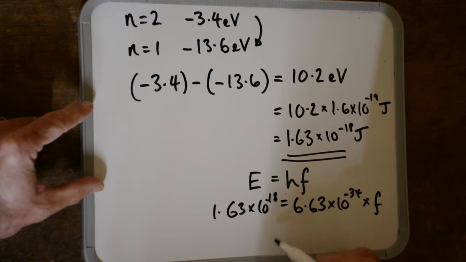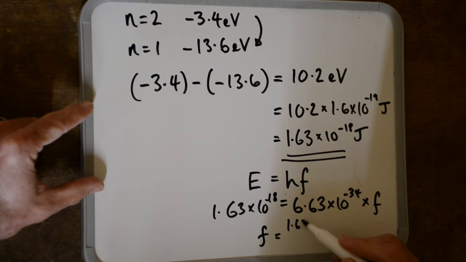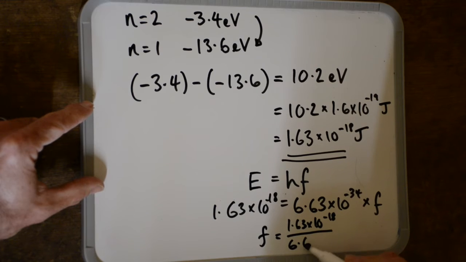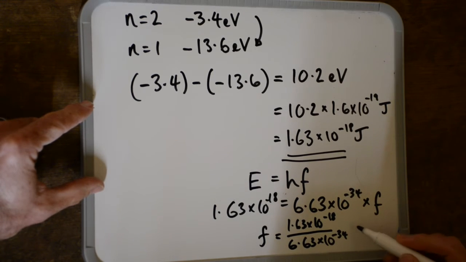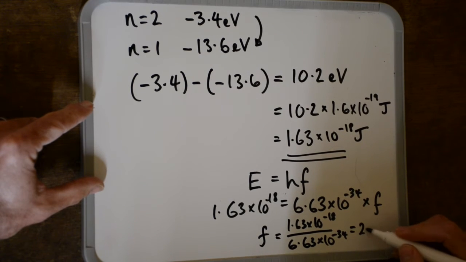Rearranging that, we get that f is 1.63 times 10 to the negative 18 divided by 6.63 times 10 to the negative 34, which equals 2.46